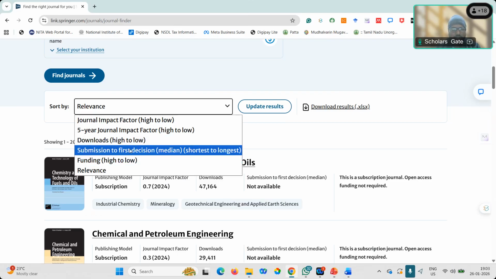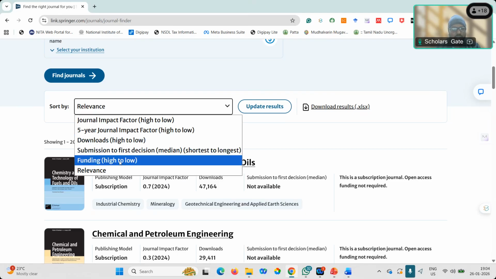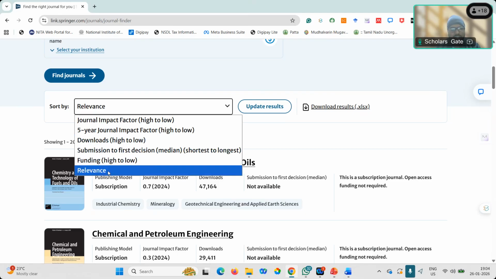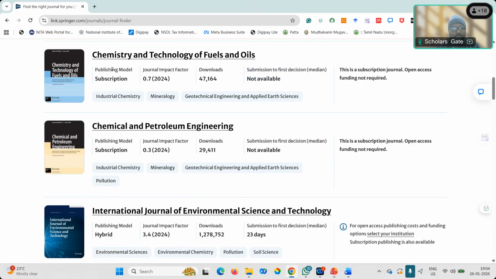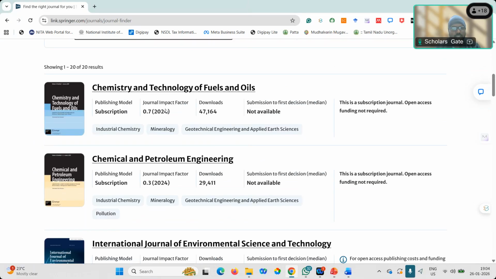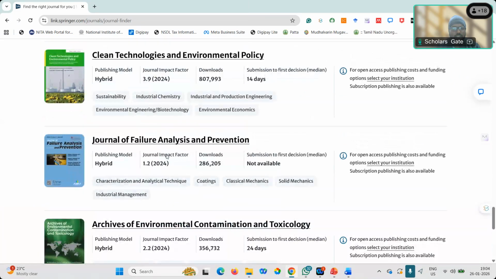Based on the time duration of the first decision, you can filter, and funding is not required. Relevance is generally there. Here you can see Chemistry and Technology of Fuels and Oils. Based on the abstract, there are more than 15 journal articles.